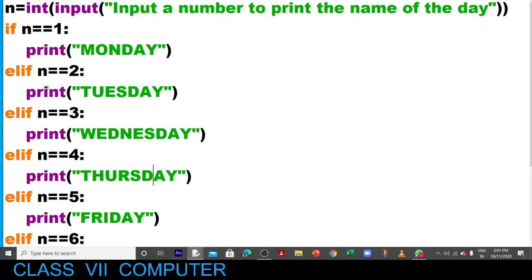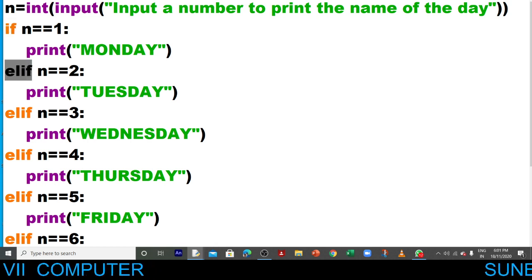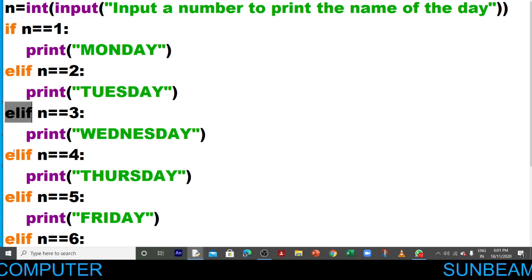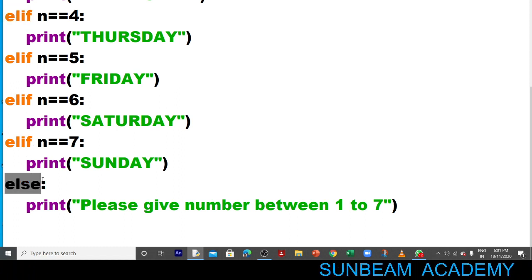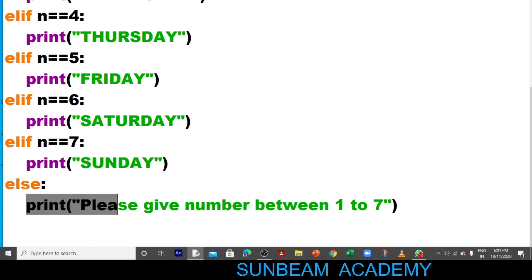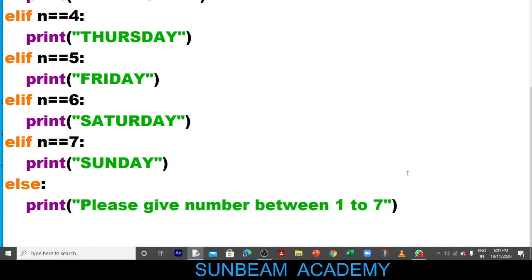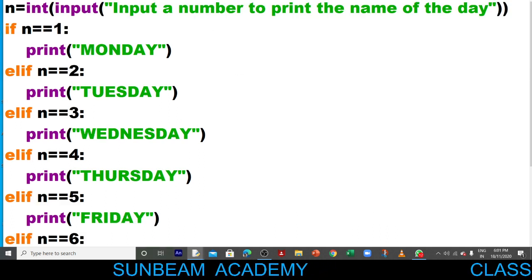So for that we use if और elif. अगर और है तो फिर elif. जब तक आपका कंडीशन चलता रहेगा तब तक elif करते रहेंगे एंड लास्ट में क्लोजिंग होगा else से. अगर इनमें से कोई भी कंडीशन नहीं ट्रू है तो else this will print. Clear? Now let's run this, but before that we have to save this file.